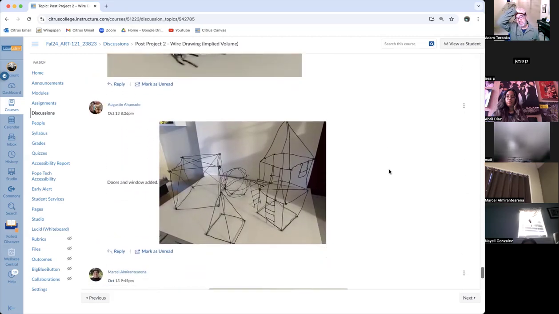Okay, Augustine's. So this is the exercise. Exercise came out good, and this is the project over on this side. And there is volume here, and it understands volume. I think what I was trying to say in the progress check was that maybe this needs a lot more detail or just stuff,